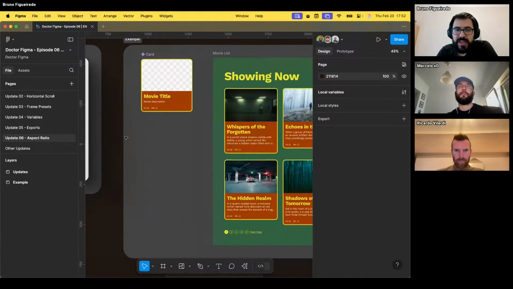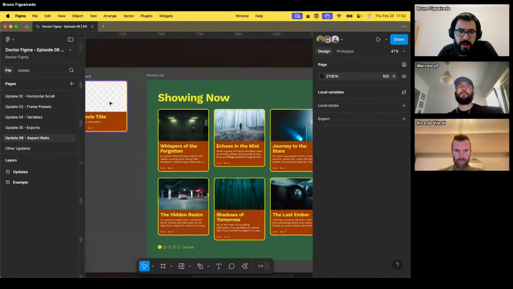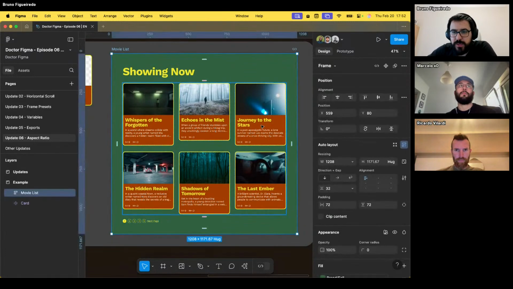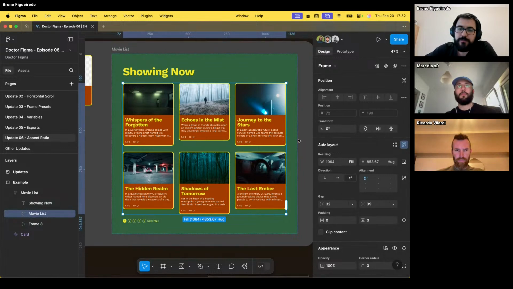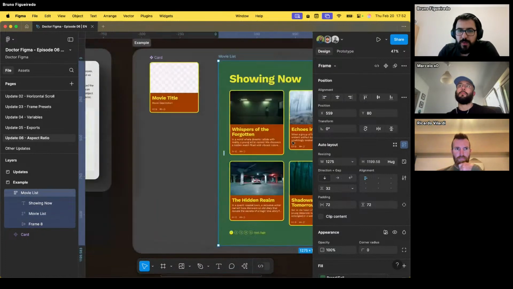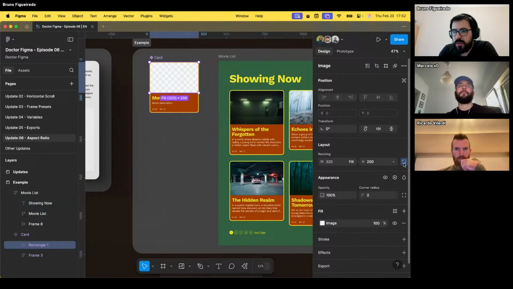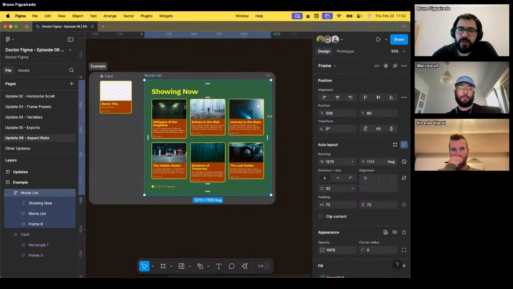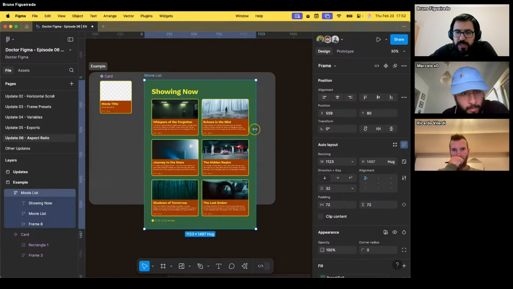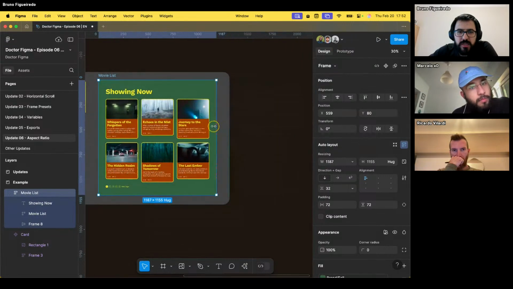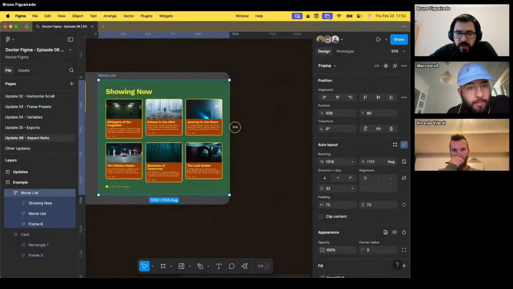So what this means is that right now, for example, I have this component here that is my movie titles card, and I have my movies list. And this is a grid layout that I have set up using auto layout with the wrap feature. And you can understand that when you move it like this, what's happening is that this image is locked on aspect ratio. If I turn it off, the result would be something like this. The images are set to having a fixed height and fill width. So they're always going to try to fill the space, but the images are always changing format, and you get these really weird results where the cards shift a lot in shape and the photos are cropped in ways that